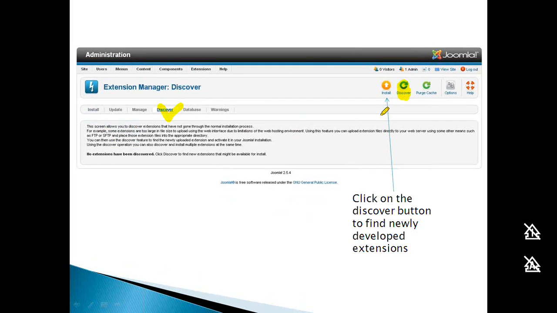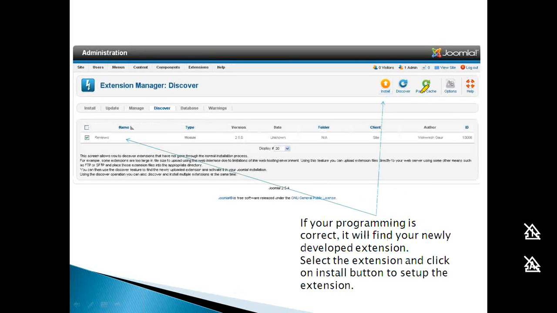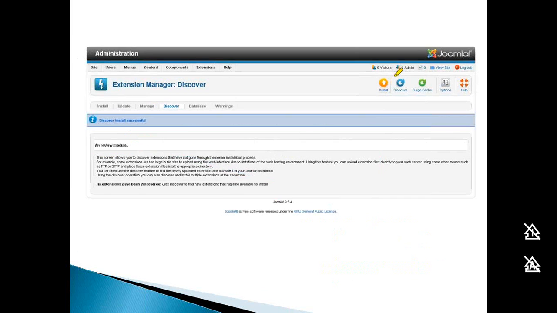My arrow is on the wrong button, so kindly ensure that you click on the Discover button only. And post clicking the Discover button, you would be able to see that this reviews module is added to the list. And using the Install button, you can simply install it, and it's just like a breeze.